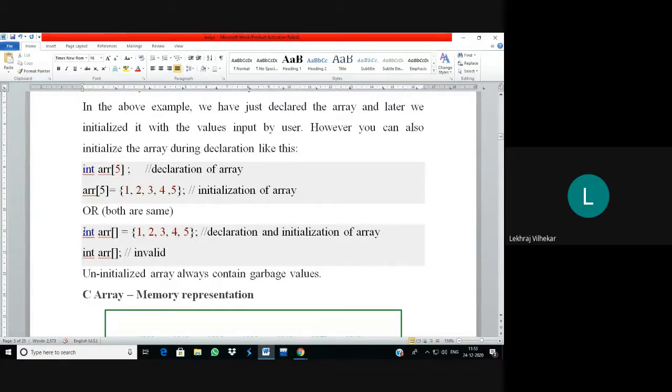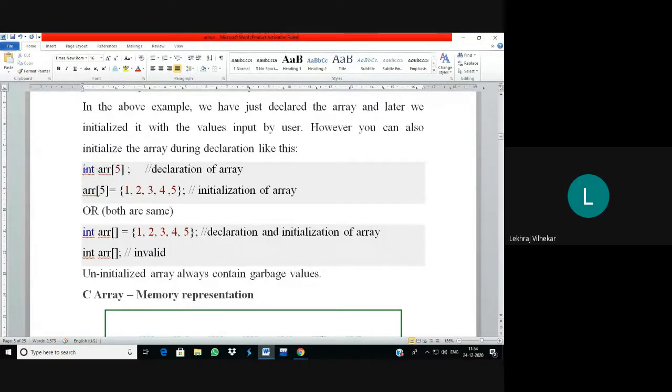Okay, so this is fine, because here you have initialized the array with 5 elements, so the compiler comes to know that 5 elements are there and all are of type integer, so it is going to consume 10 bytes of memory. From this it comes to know the size of the array is 5, type integer, so 10 bytes of memory will get allocated. But here there is no way of finding the size of the array or the elements in it, so that time it is invalid. And suppose you simply declare like this, each element of the array is going to contain a garbage value, because here we are not providing the values.